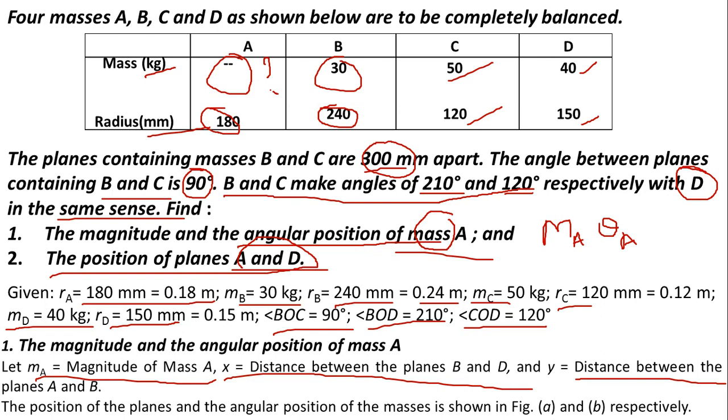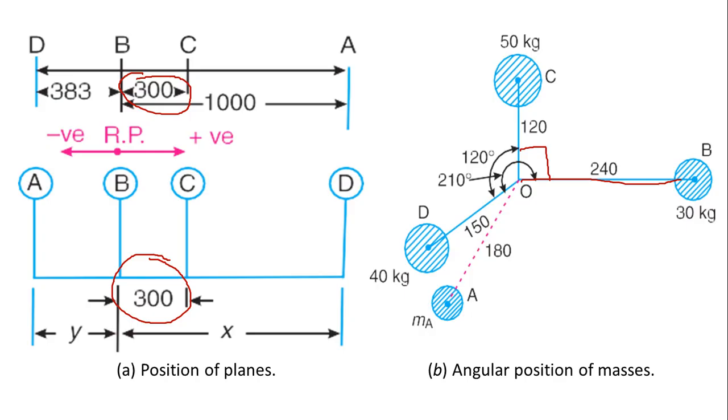If you take distance from A, what will happen? You don't know the value of mass, you don't know the angular position, you don't know the distance between the planes also. So finally you'll be ending up with a problem. So you have to take a convenient reference plane such that the values corresponding to it are known to you. Suppose you take A here, you don't know distance from A to B, A to D, or A to C, so it becomes very difficult.